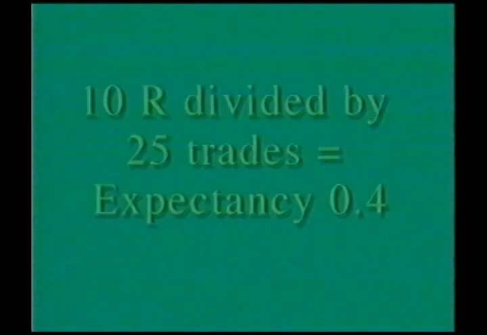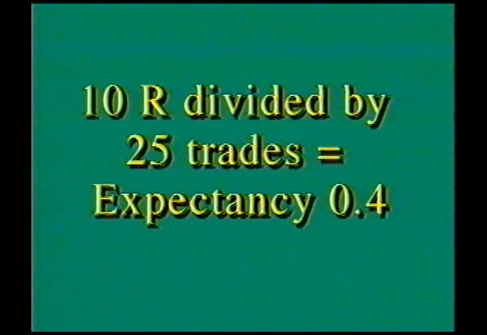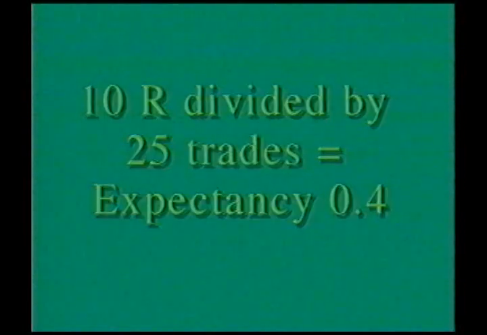Also notice how the one 10R marble amounted to the whole expectancy of the game. This is also similar to what happens in the markets. One trade or one investment makes up your entire gain. Notice that the sample expectancy of 0.4 is better than the expectancy of the marble bag, which is 0.16. This will happen about half the time.